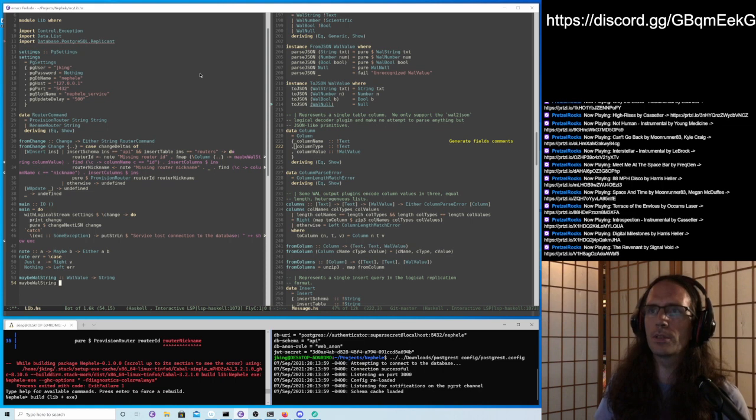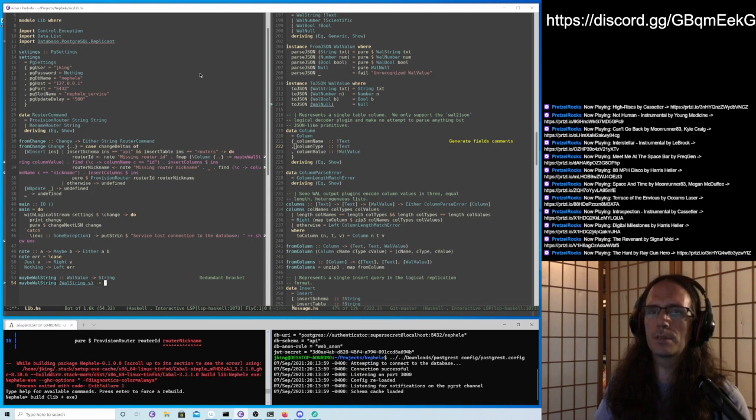We can pattern match on the Val string S. Return S, actually it will be Maybe. And then in any other case, that should be an equal sign, we return Nothing.